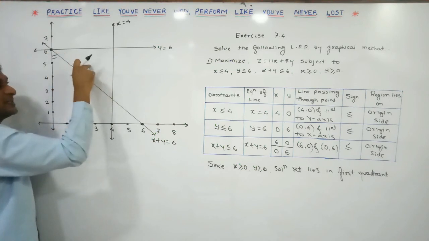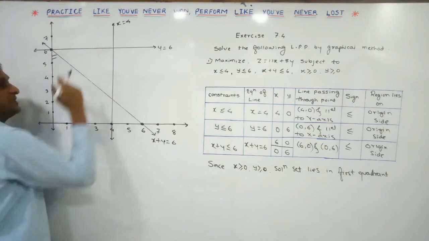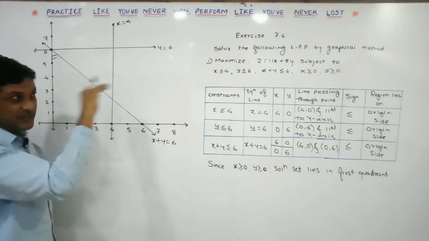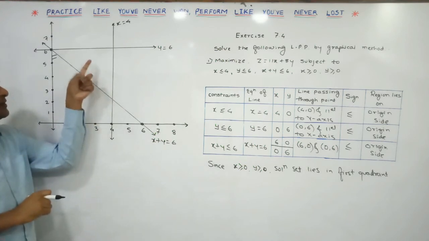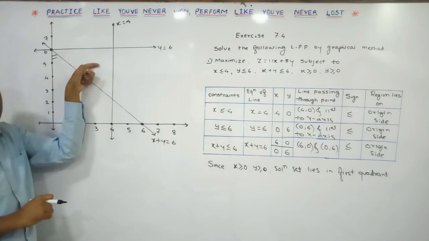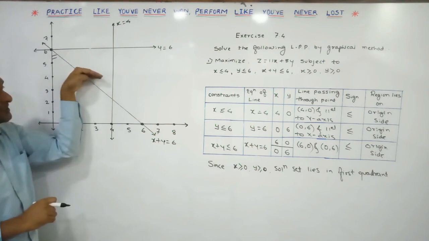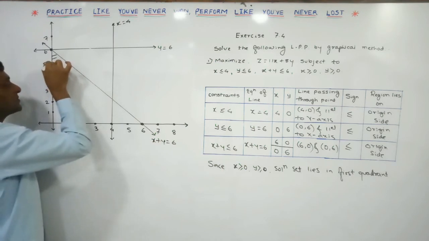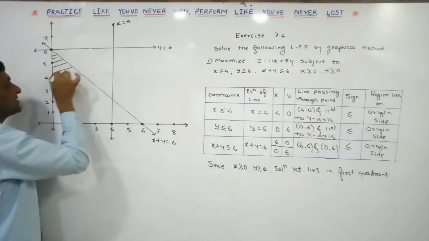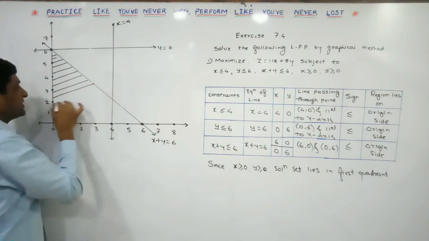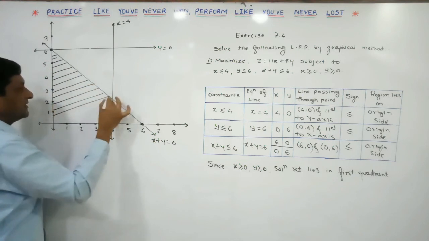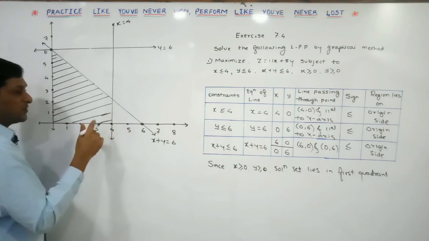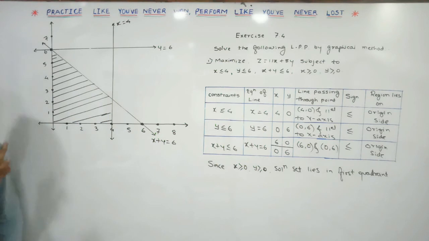We are not able to take this part because for this line it is the non-origin side. We have to take the set of all points which satisfies all these constraints. This part belongs to the solution set of this line. Y is less than, means for this line it is the origin side, but for this line it is the non-origin side part, so this part is not included. In this way we have got the solution set, the set of all points which satisfies all the given constraints. This method is already very well known to you, because applying this method we have solved many examples.